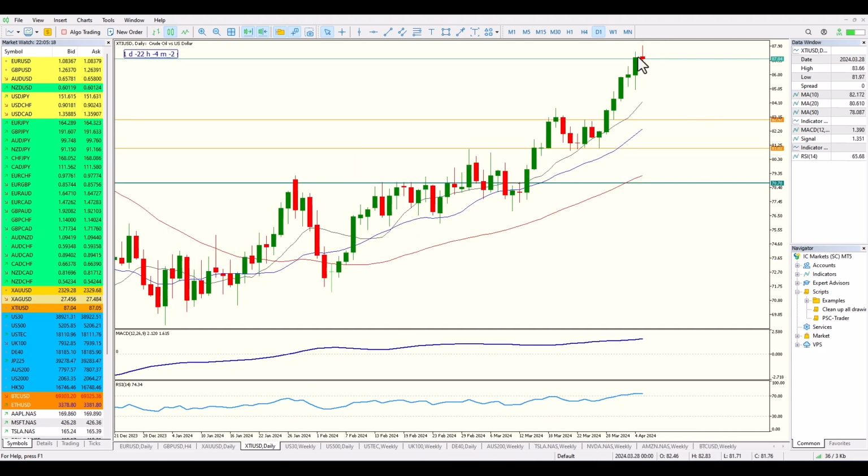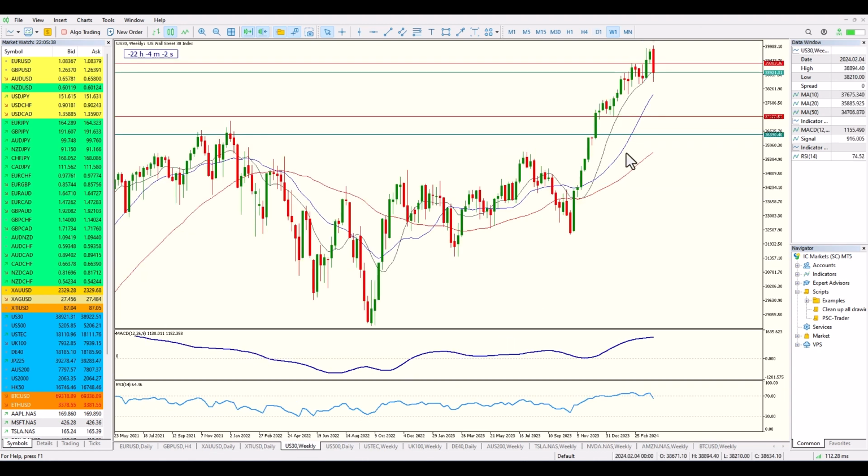Also, if we have a quick look across at crude oil, it is presenting one of the nicest, healthiest trends at the moment. And really, I'm looking for any retracements on the daily and producing any kind of nice little green bullish candles in the buy zone, which is this area between the 10 and 20. So it's a very, very nice trend at the moment and just looking for some pullbacks.